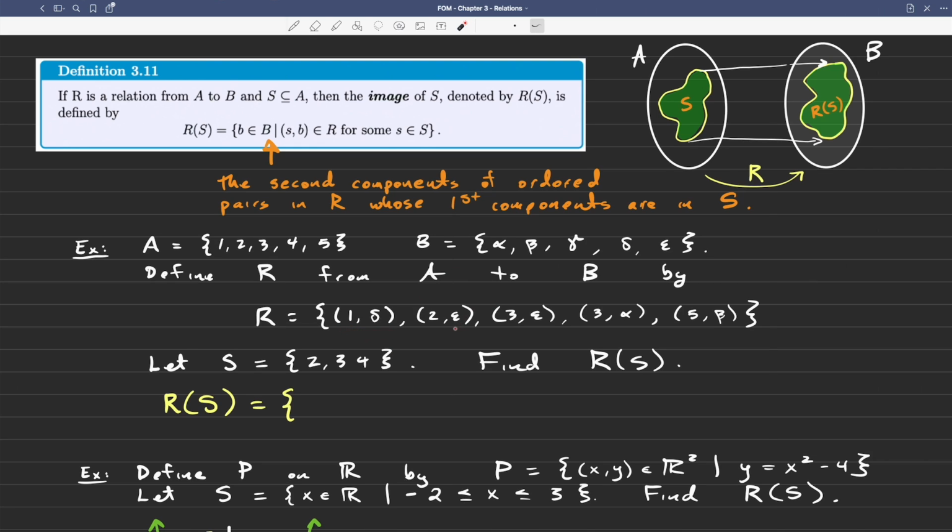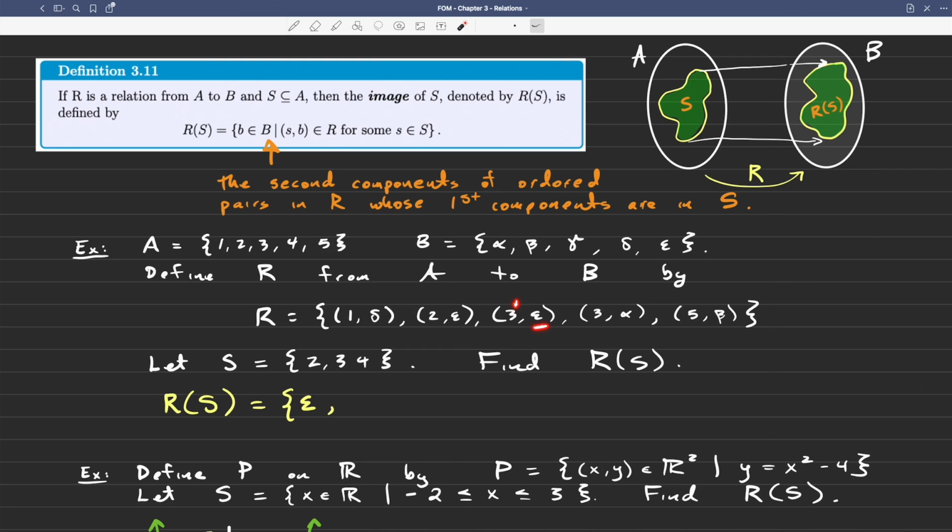Now let's move to the second ordered pair. The second component of that ordered pair is epsilon, and it's paired up with 2. Is 2 in S? Yes, it is. Well, that tells you that epsilon is in the image of S. So I would have epsilon here in the image of S. Now let's go to that third ordered pair. Well, I've got epsilon again. I already knew epsilon was in the image, but I see here epsilon's paired with 3, and 3 is also in S. So this is just a second reason why epsilon is in the image of S,